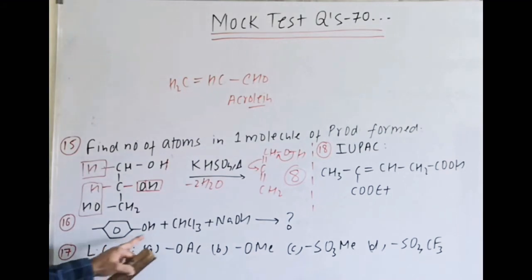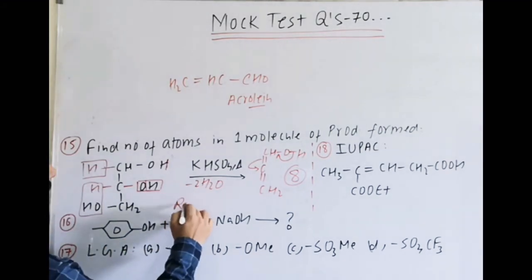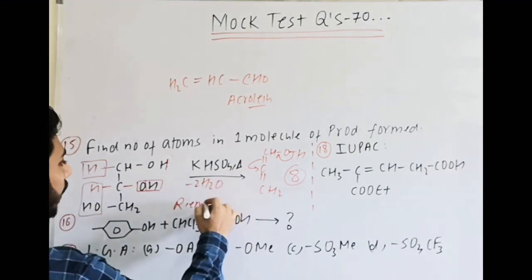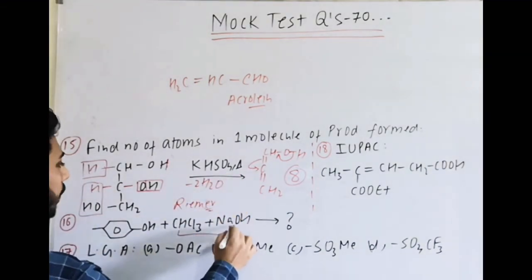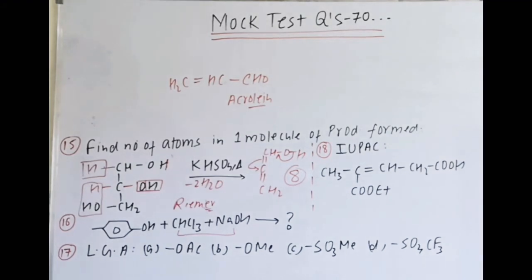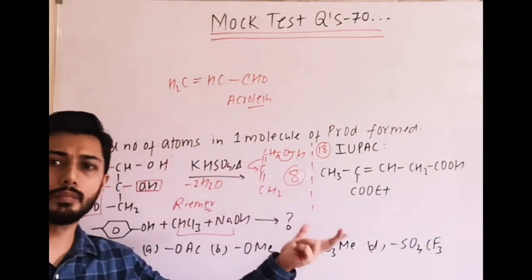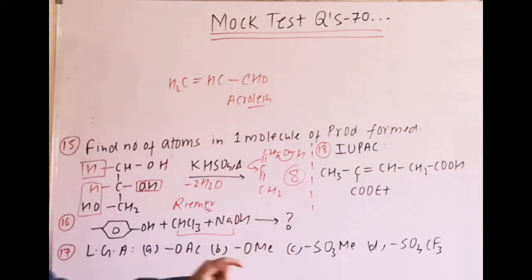Next question, a standard reaction, the Reimer-Tiemann reaction. Now which reaction is this? It is electrophilic aromatic substitution. This mixture generates dichlorocarbene. Then all the conditions of Reimer-Tiemann I am not repeating. Finally we get salicylaldehyde.